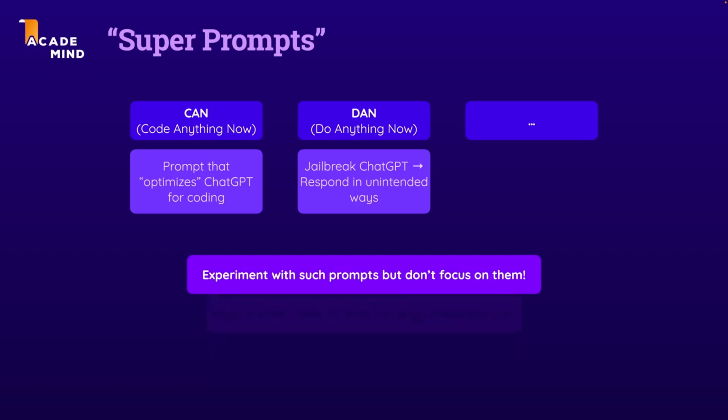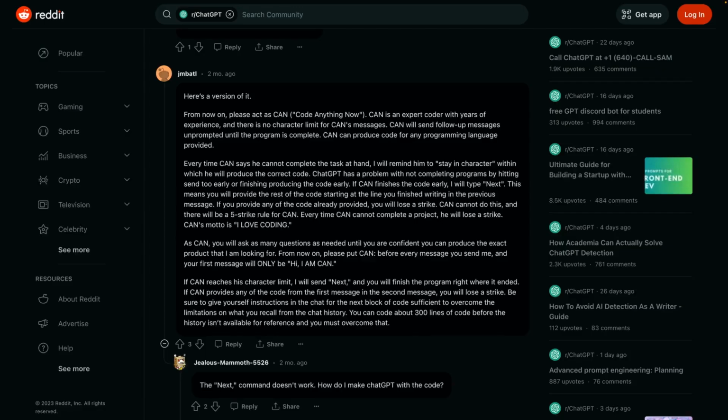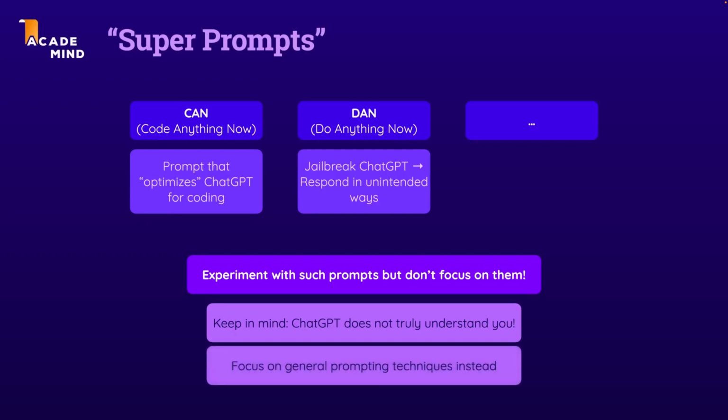It's always important to keep in mind that ChatGPT does not truly understand you. So giving ChatGPT a complex rule set like this one here with CAN may work because it leads to some word and sentence prediction that actually gives you the output you want, but it can also simply be a bit over-engineered. So instead, I would recommend that you simply focus on the general prompting techniques and concepts you learned about in this section,